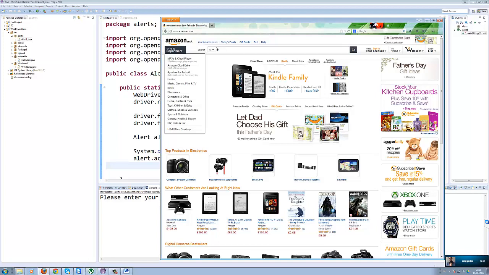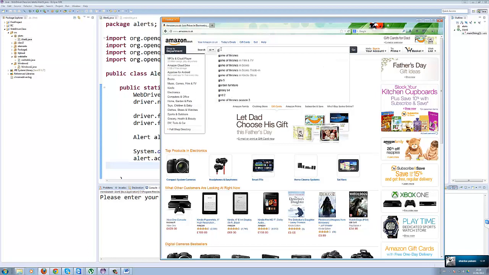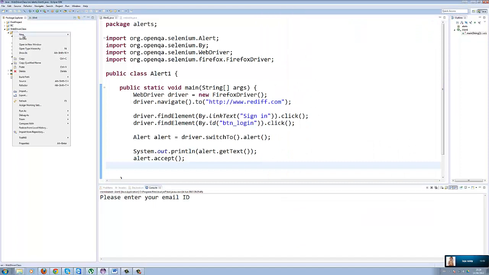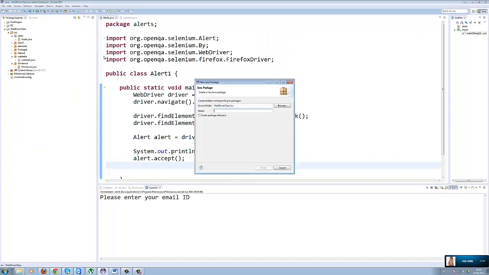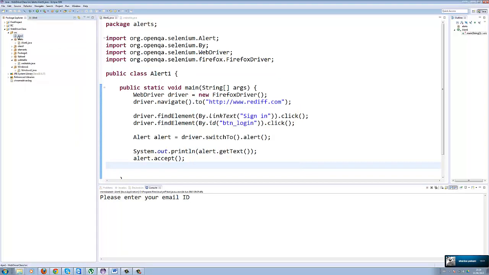Random alphabets. Do you know what random alphabets is? It will pick from somewhere. Sometimes it will give F, sometimes it will give R, sometimes it will give S or something. You will write a small function, and using that function, we'll input some different value over here each time. New package. I'll call it ajax1 or something, and I'll create